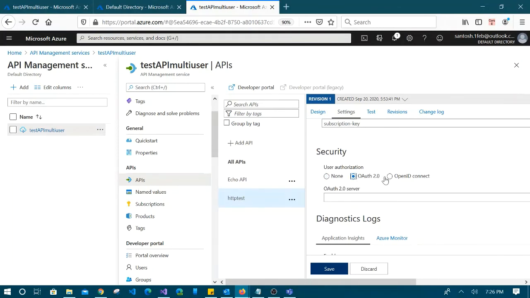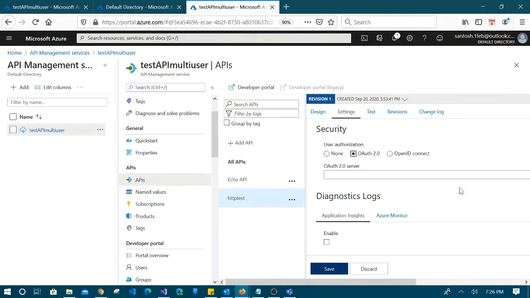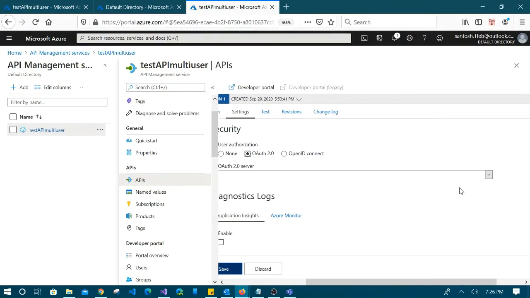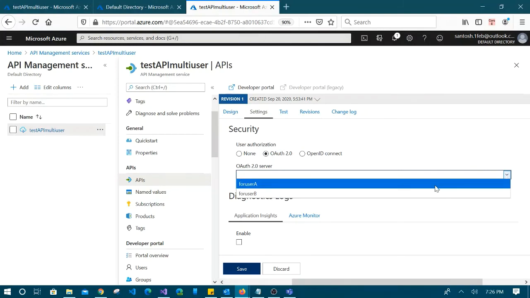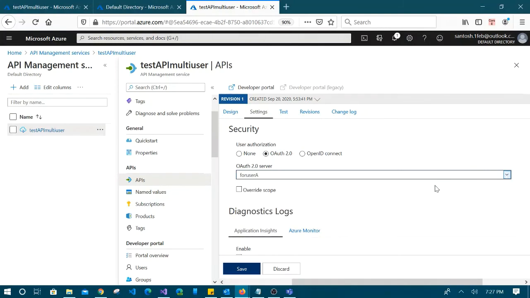Once you select OAuth 2.0, you can find a drop down there, and you can select an OAuth. What it means is that for this API method, I'm using this OAuth 2.0 for user A as an authorization service.